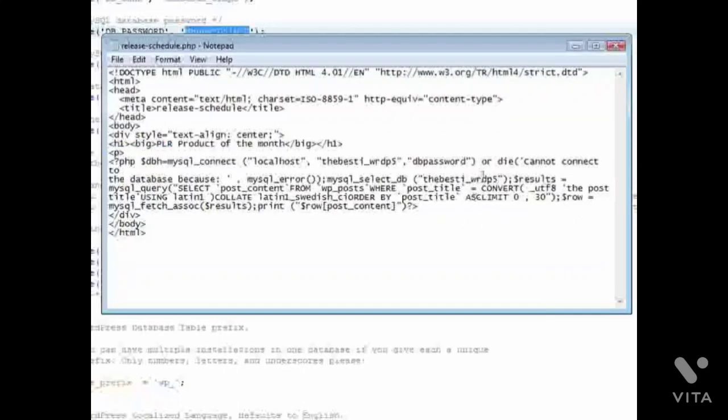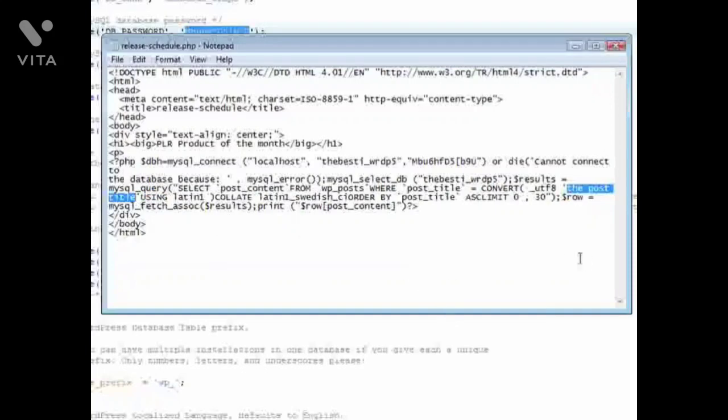And then you put that in where it wants the password here. It says DB password. Paste it in there. And the last thing is we need the name of the post. So it says where post title is, and right here where it says the post title,